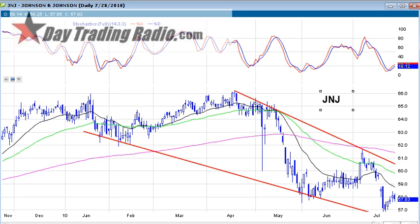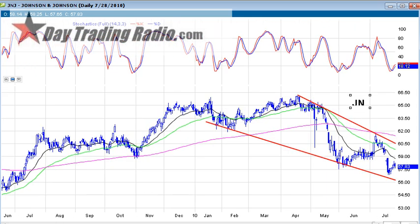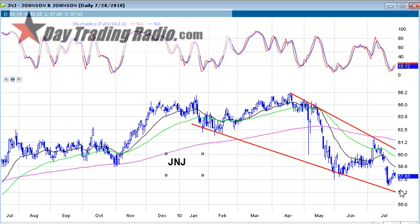Johnson & Johnson, another good one, a stock that's really pulled back off. You can see a very well defined wedge pattern forming here. The stochastics have just turned up. Again, another position I started down at this level because it's a lower risk level here. I mean, yeah, we could easily get a pullback down here to 56 or the lower trend line, but that's okay. That's within my risk level because whenever I take that first position, I scale in very small,